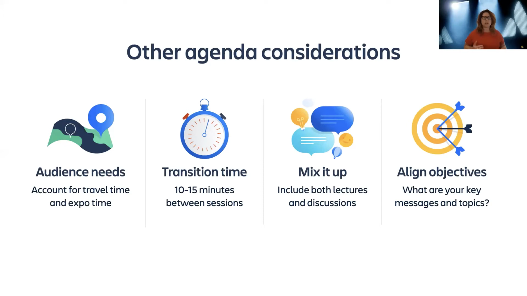Make sure to also include enough time for transitions. Consider how long it takes to get from one session to another, taking into account the size of the venue, networking conversations in the hallway, bathroom breaks, and waiting to fill the room before the speaker gets started. We recommend at least 10 to 15 minutes between each session if traveling between rooms, as well as one 15 to 30-minute morning break and an afternoon break for all-day events as well.